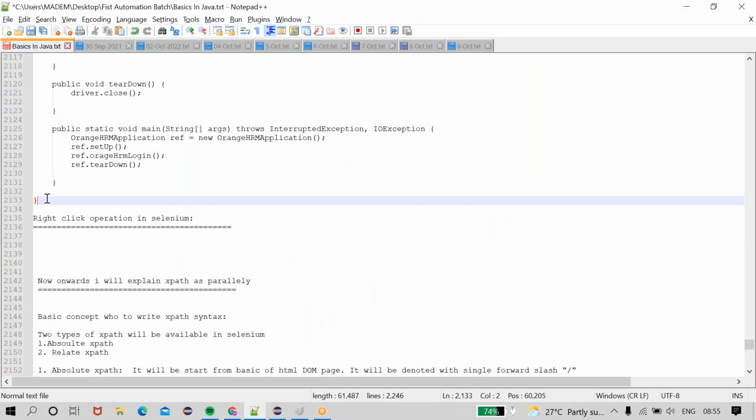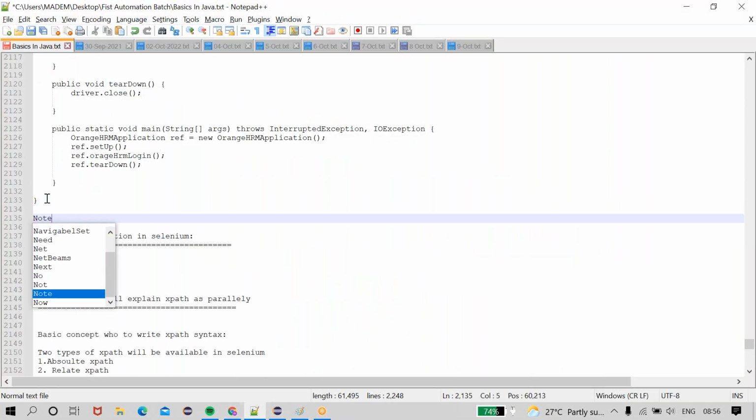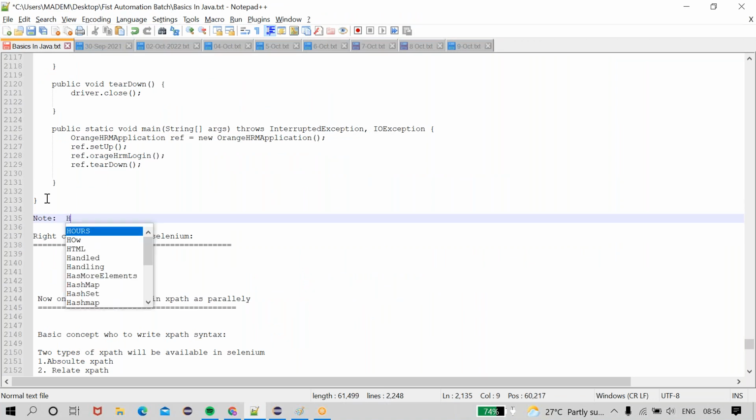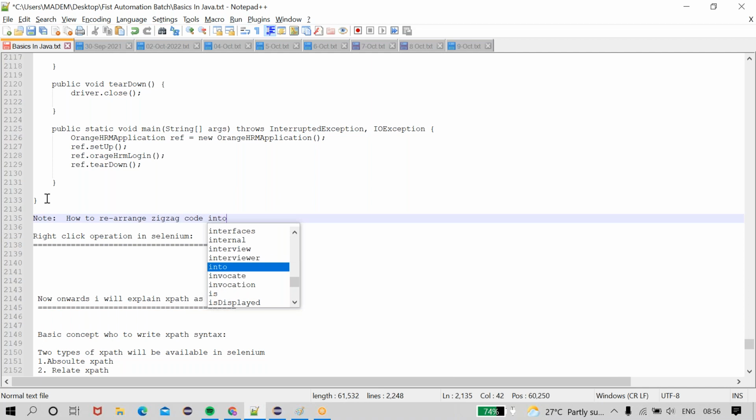Okay. How to rearrange zigzag code into the normal way.